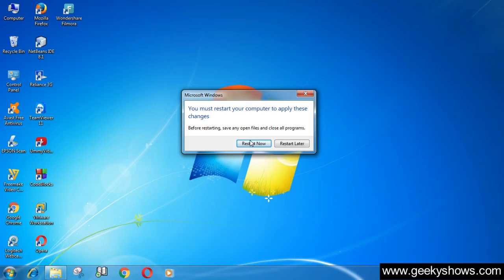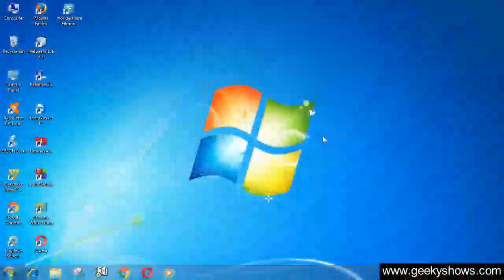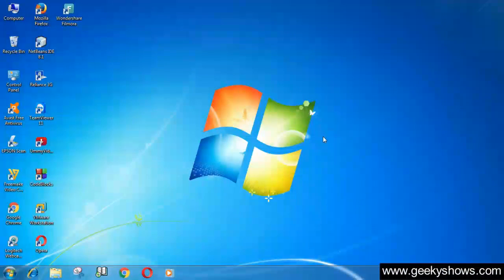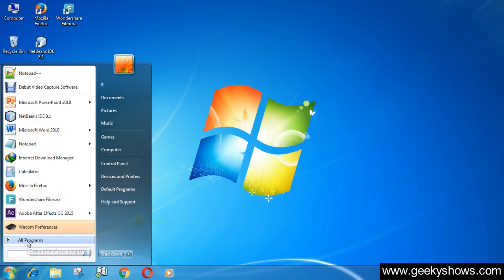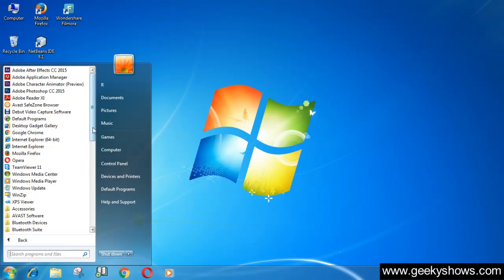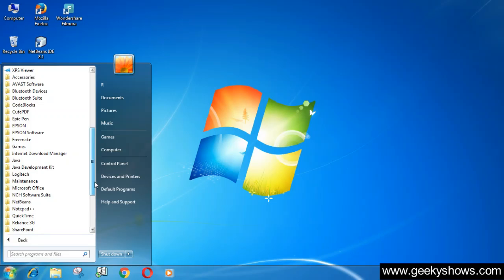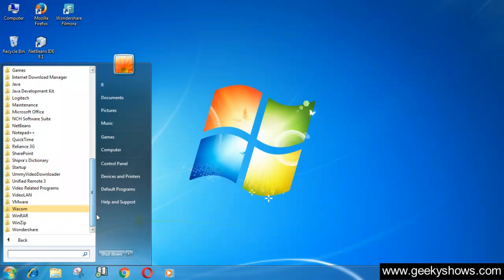Click here, restart now. After installing the software and the driver of this Wacom tablet, let me show you what we have now. Click on the start button. Then as you can see here, we have Wacom preferences.